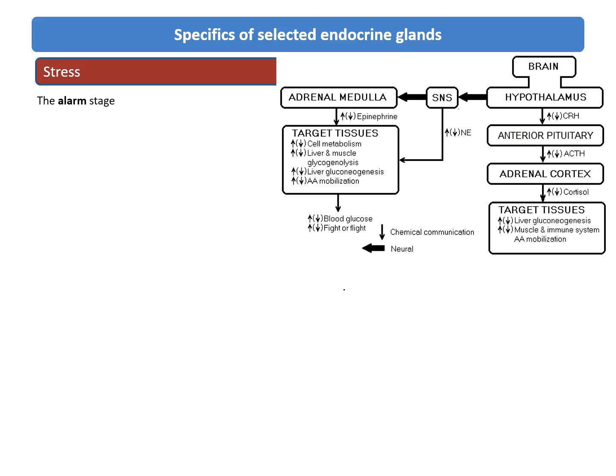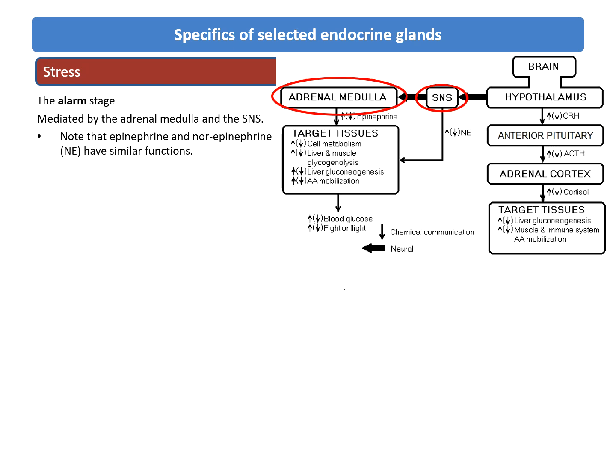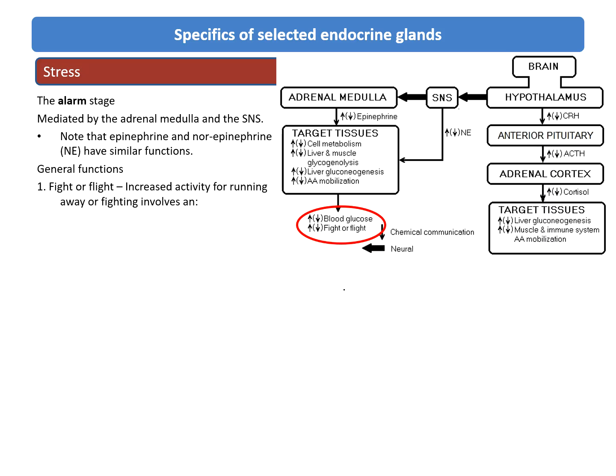What about the alarm stage? Well, as we mentioned, it's mediated by the adrenal medulla and the sympathetic nervous system. Note that epinephrine and norepinephrine have similar functions. They both act on the target tissues. The general functions are fight or flight, that is, increased activity for running away or fighting. This involves an increase in blood pressure, an increase in the rate and force of the heartbeat, the increased respiratory rate,